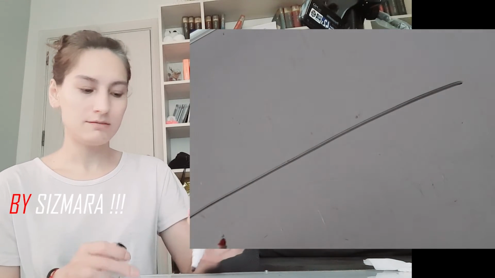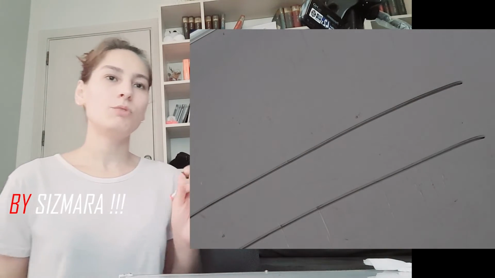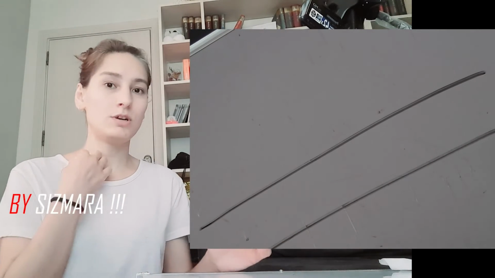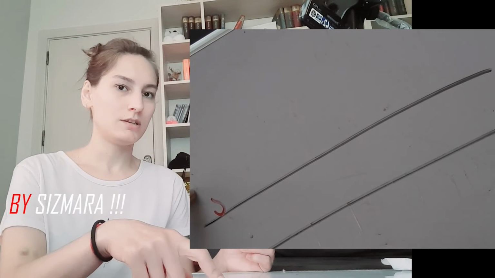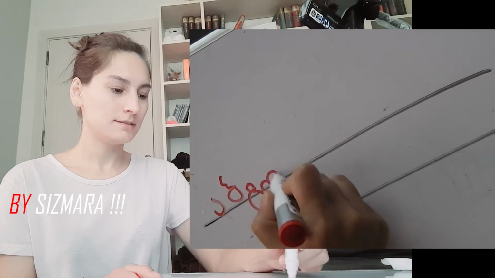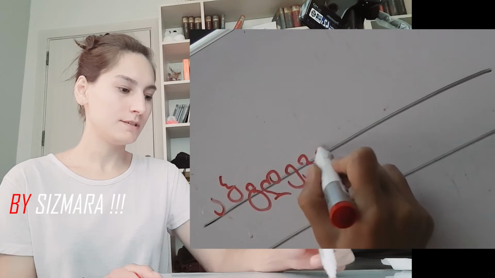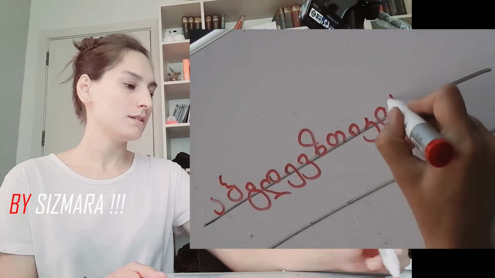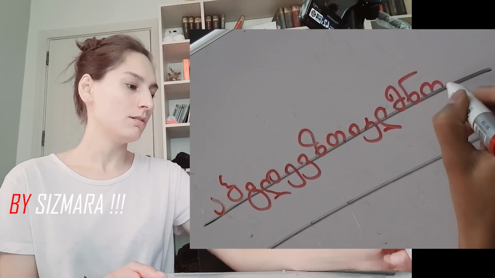And one more thing. We write letters up or down on a line. For example, I mean, this is a line, right? On the paper, for example, we write letters up or down. So I'll show you how does it work. A, up to the line. B, G, D, E, V, Z, T, I, K, L, M, N, O, P,